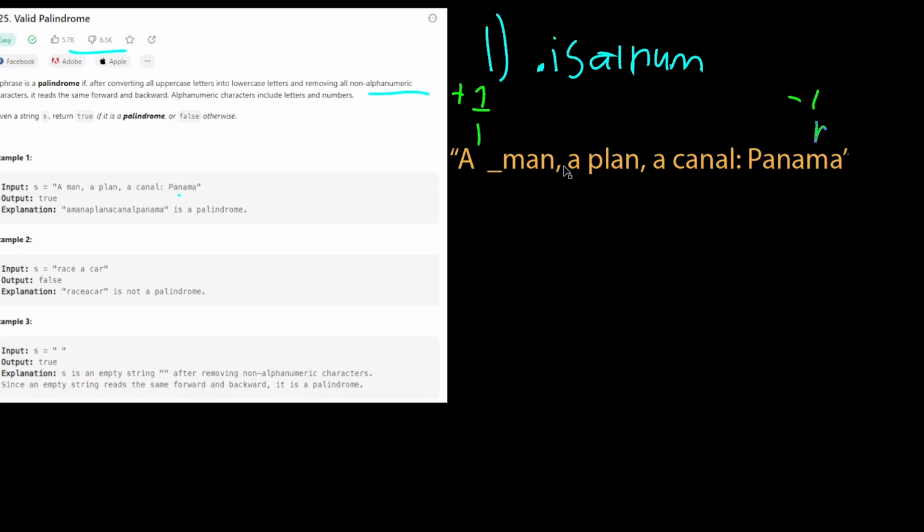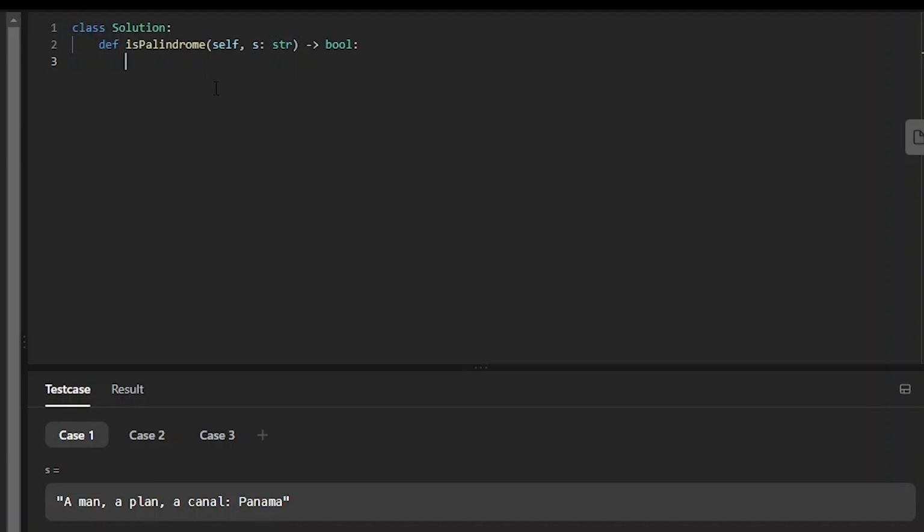Now this is where the main part of the algorithm is. This left character is not valid right now. So what we have to do is basically do a loop here and keep moving this pointer until it's valid. So that would be back at the N. So we do that, and then we can compare these again. And then we keep doing that until they cross the middle and meet up with each other. I'm going to show that in the code instead of drawing that out, but I promise you the code is really straightforward. All right, so here I am over on Leetcode,